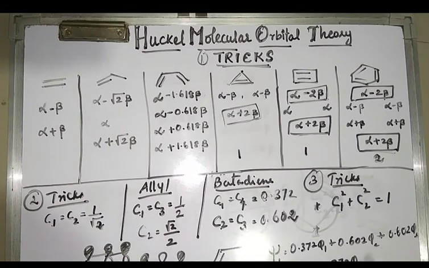If it is like this, then this equation is right. C1 and C4 are same, C2, C3 are same. If something is changed, then the value is changed, meaning this equation is not correct. And the sign also, you know how to write the plus and minus signs. I said the tricks in the earlier one, so you can easily see that. So this is trick number 3. The first trick I already said on the previous board, and this is the second one. This is the third. Three tricks are there. You keep it in your mind.